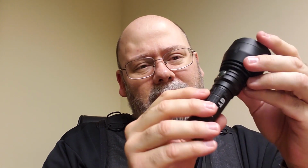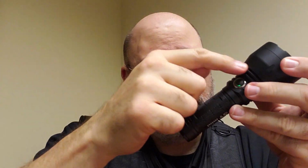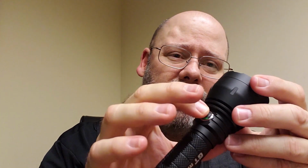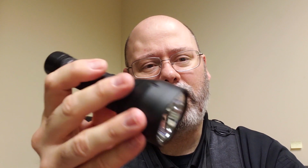So basically what it boils down to is that I really like this light a lot, except for the switch. The switch is a problem. This bulbous rubber-coated switch doesn't particularly feel good. It feels too small, and it feels like if you don't press it down direct in the center, it causes problems. So that's my take on this light. I'm glad that I got it. We're going to compare it to a Convoy C8 Plus coming up real soon,